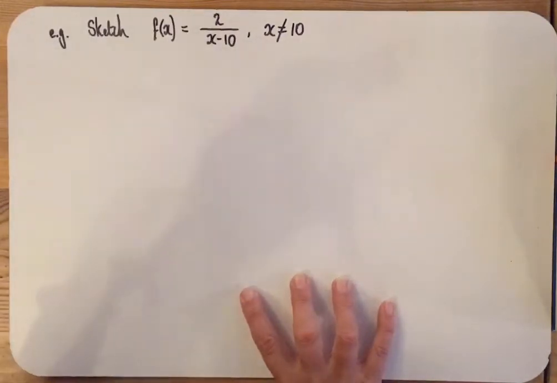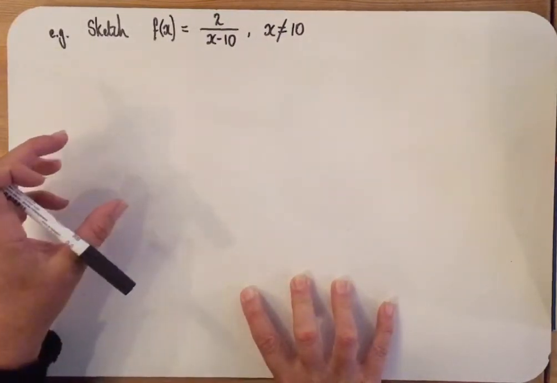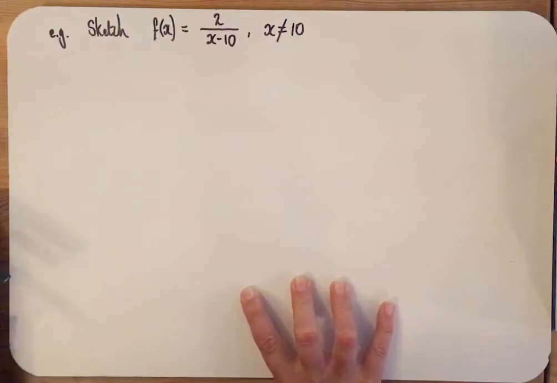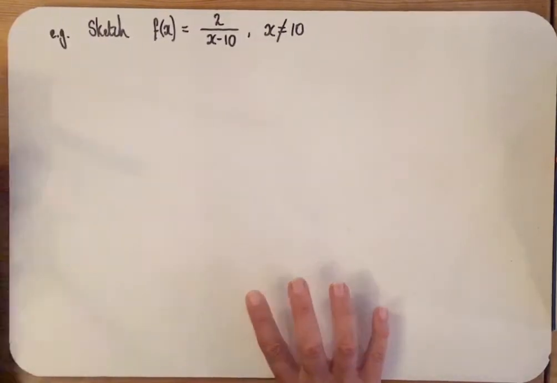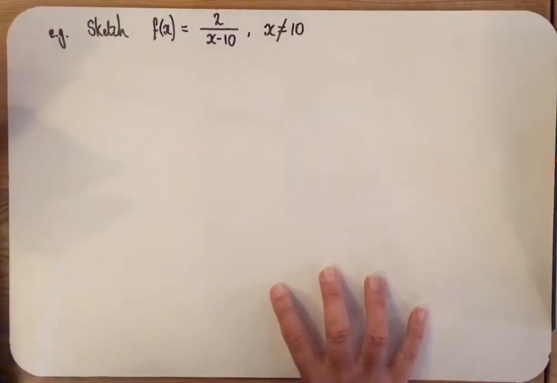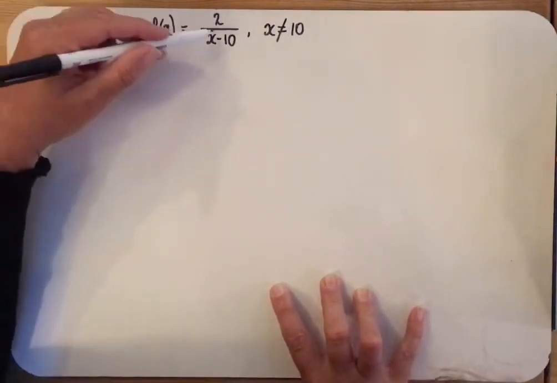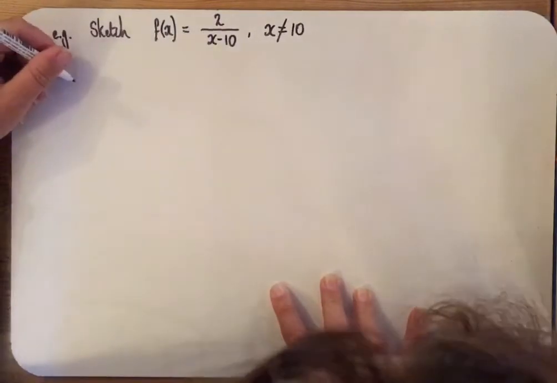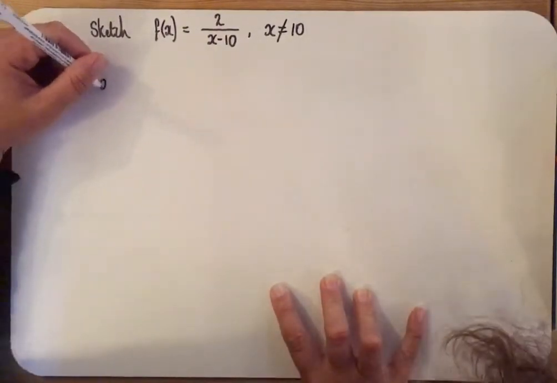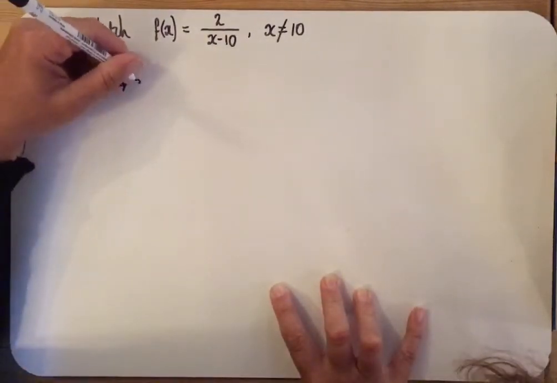In terms of sketching these, there's quite a bit going on really. We can find x-axis intercepts, y-axis intercepts, what happens as x approaches infinity, and what happens as f of x approaches infinity. So yeah, a bit going on. So let's start with looking at what happens as x gets really big. So as x approaches infinity,